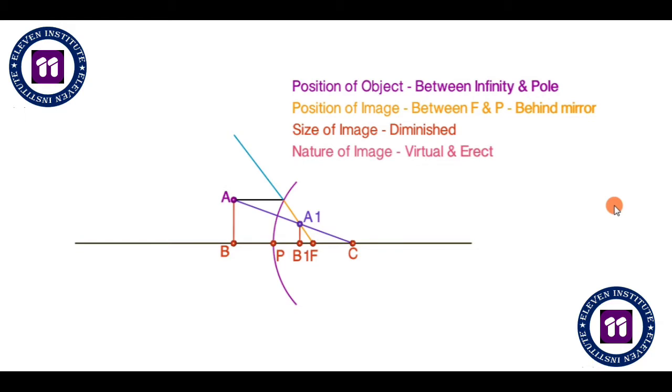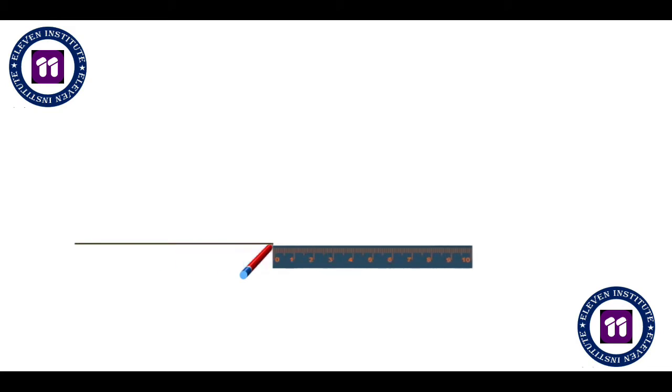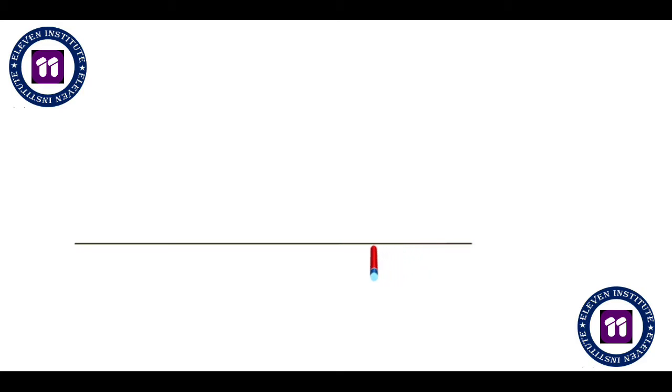But let us see step by step how to draw this. So first of all, we will simply again repeat the procedure to draw a convex mirror with a radius of 4 centimeters. So we have drawn the principal axis over here. We will plot a point on the right side of the mirror, which is our center of curvature, radius of 4 centimeter. We will draw an arc like this with a radius of 4 centimeters. Exactly at the center, we will mark the pole. Now, the distance between this pole and center of curvature is 4 centimeters, and half of that will be 2 centimeters. So exactly at 2 centimeters, we will mark the focal point. So our convex mirror is ready.